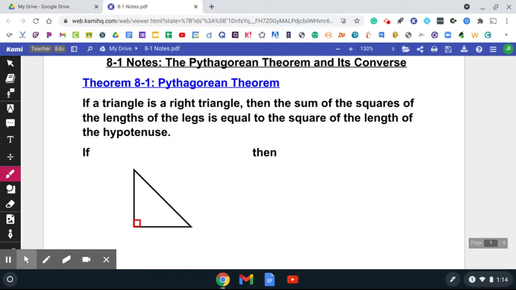So the Pythagorean Theorem basically states, first of all, you have to have a right triangle. So we're going to interpret all this up here into a picture. So if you have a right triangle, let's go ahead and name this A, B, and C. So if triangle ABC is a right triangle,